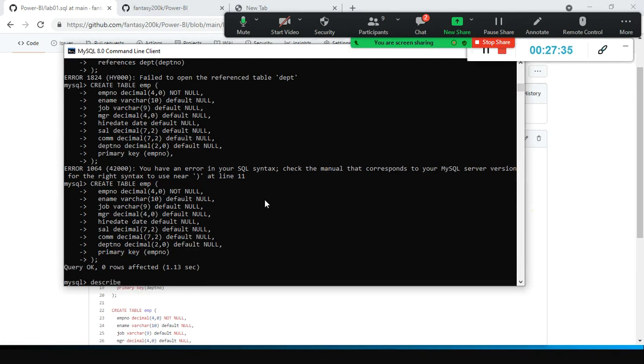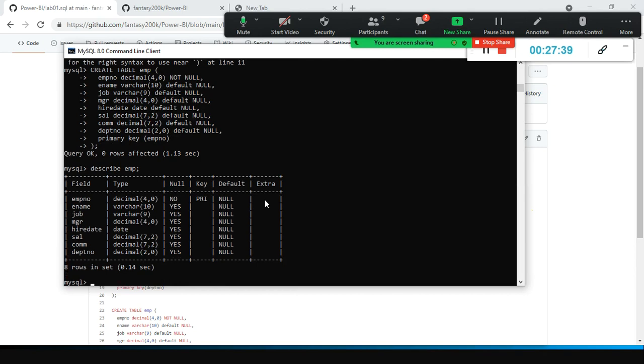How do you check the table structure? Karthik, which command do you use? Describe. Very simple. What are the columns, and what are the corresponding data types for each column? We have used it, and whether the columns are null. The No means this column should not have any null values.